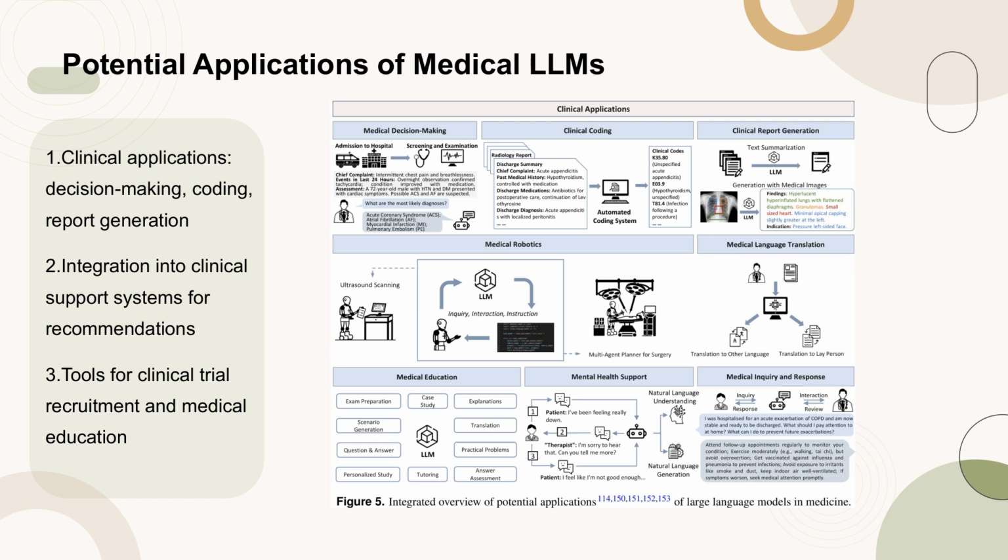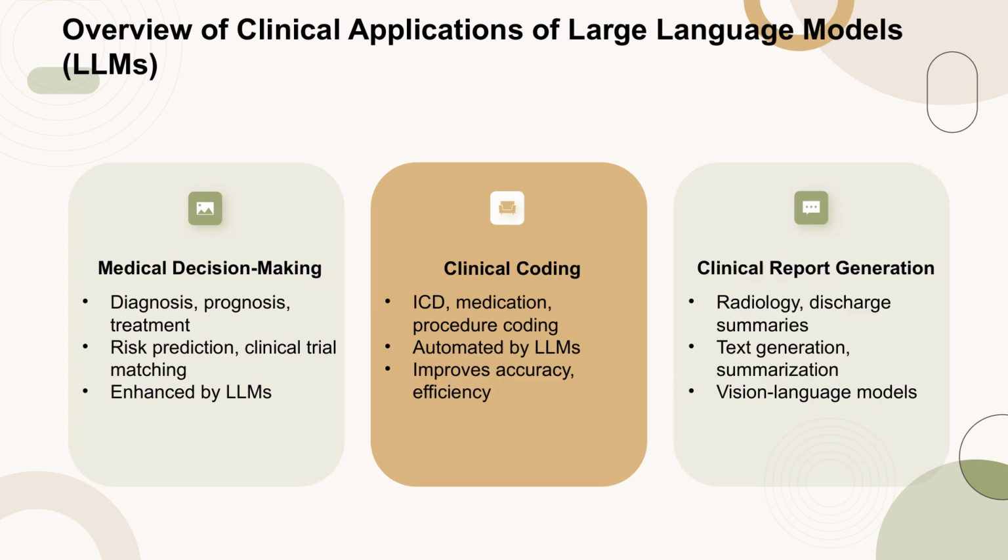identify eligible participants. In the field of medical education, LLMs are being considered as tools to enhance learning experiences by providing personalized content, answering questions, and offering interactive educational materials. This figure highlights the diverse ways in which LLMs are being utilized to improve various aspects of medical practice and education. In the realm of medical decision-making, LLMs assist in tasks such as diagnosis, prognosis, and treatment planning by processing